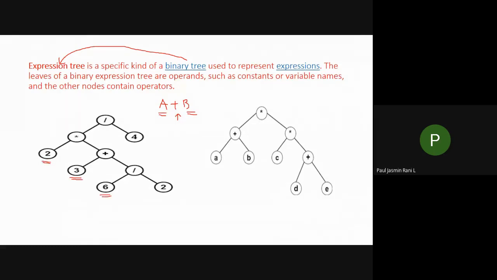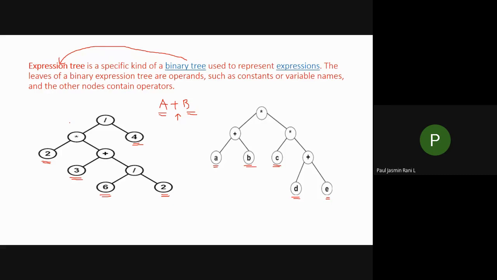So what you have to remember in the case of your expression tree is that operands should always be placed in your leaf nodes. Okay, so these are the operands a, b, c, d, or 2, 6, all these we call operands.